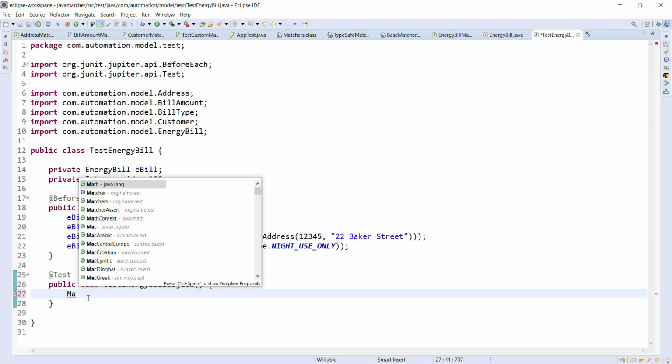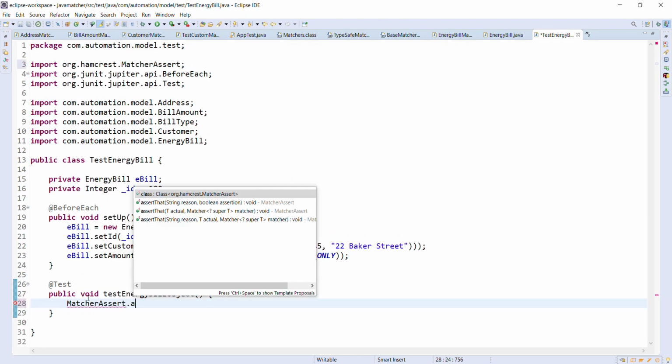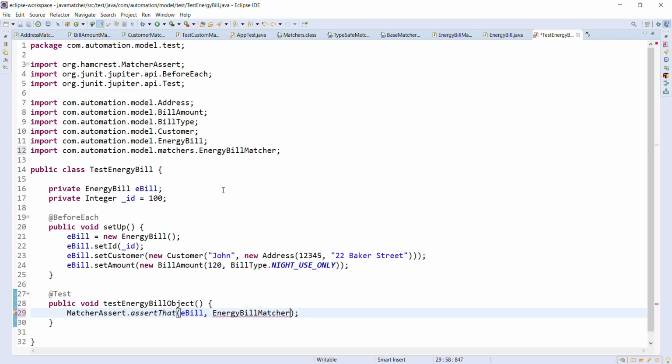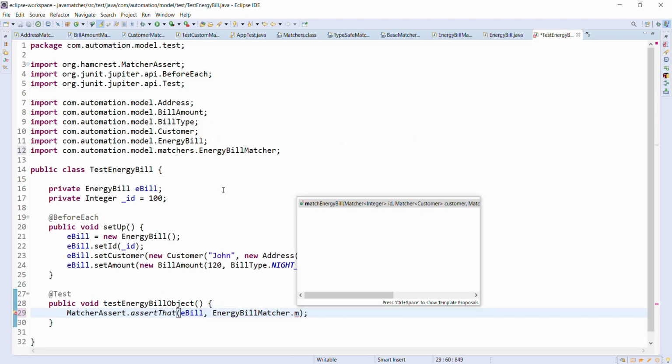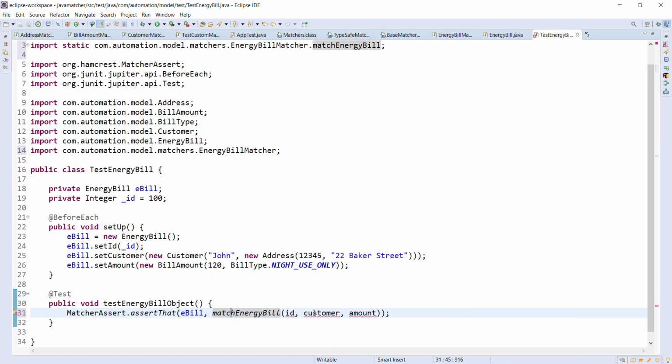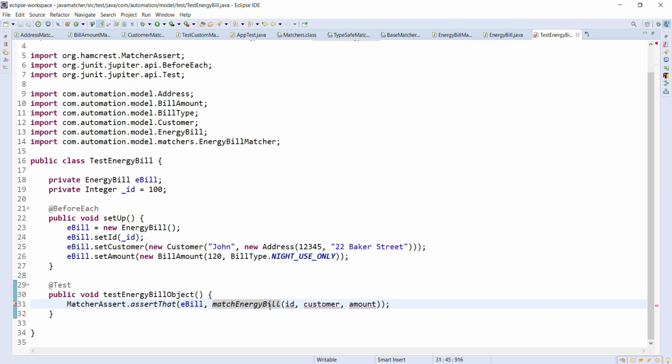So here first we need to use the method that is MatcherAssert.assertThat. And the first parameter to this method will be our object, which is eBill. So now here we need to pass the matcher. So the first custom matcher which I'm going to use here is for our EnergyBill class. So EnergyBillMatcher.matchEnergyBill. So let me add the static import for the class. Now inside this, we need to pass the ID, customer, and the amount.